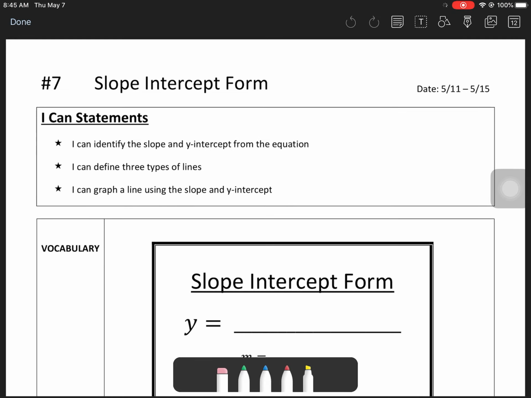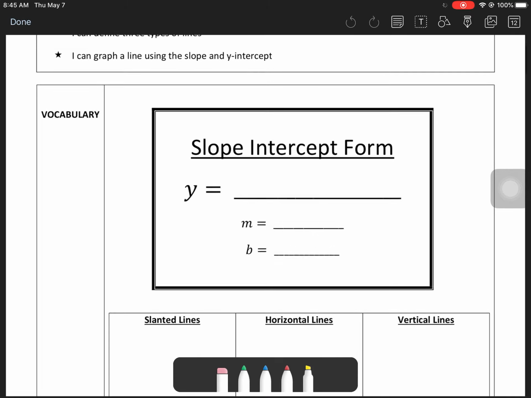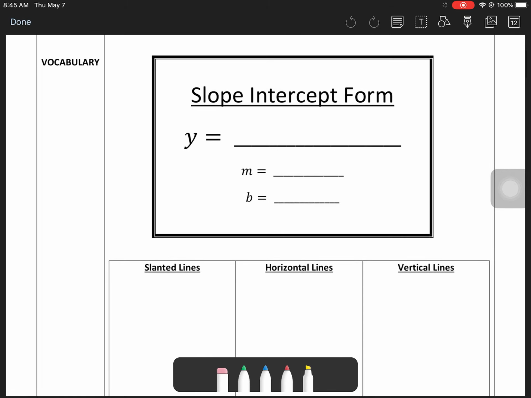So the last couple of weeks we've been talking about slope and about y-intercept. So we're going to put those two things together and we're going to show you a really easy way that we can find the slope and the y-intercept from the specific equation that's called the slope-intercept form. So our slope-intercept form is just y equals mx plus b. The number in front of the x, called the m, is the slope of our line, and the b is